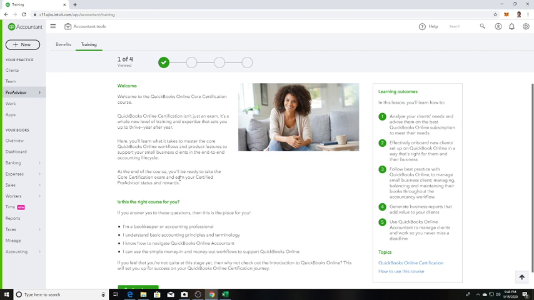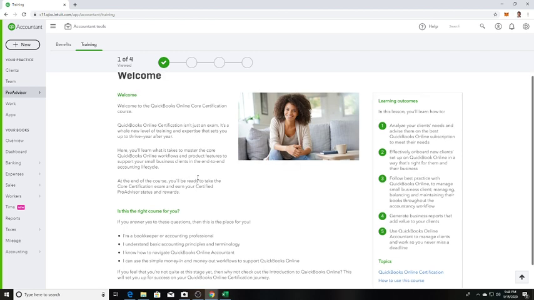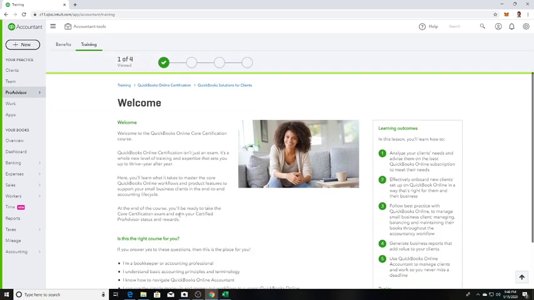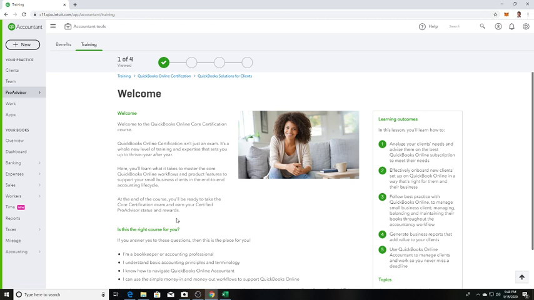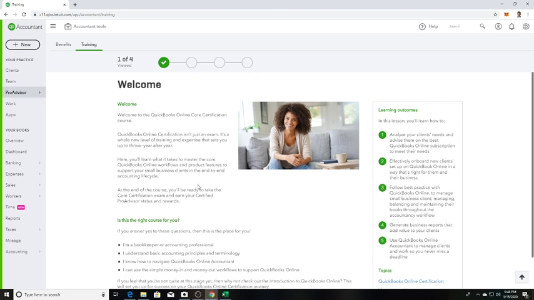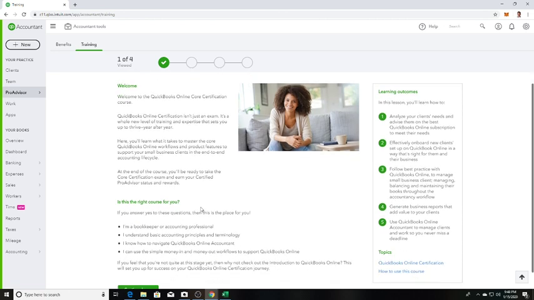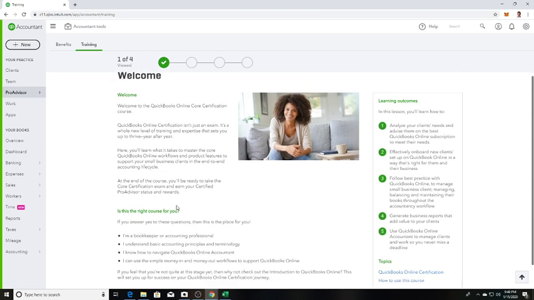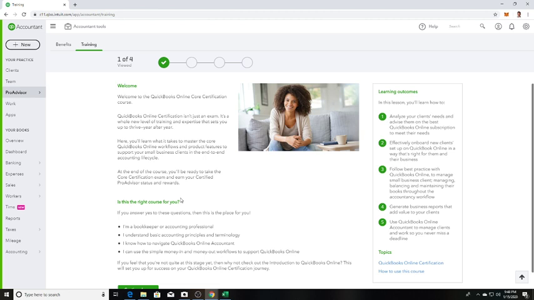Okay, so I'm a little bit confused. I'm not sure if the QuickBooks certification is the same as the Certified ProAdvisor. I'm going to have to look into that some more. As I said, I'm new to this as well, so I'm not really up to date regarding the certifications. But anyway,